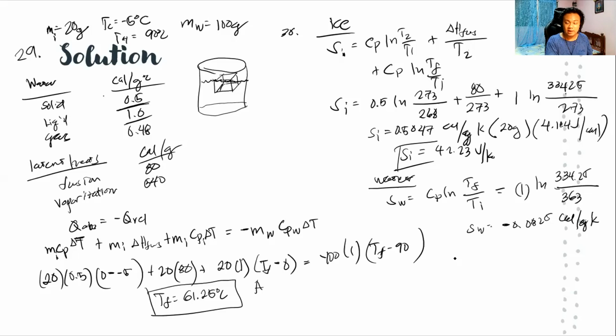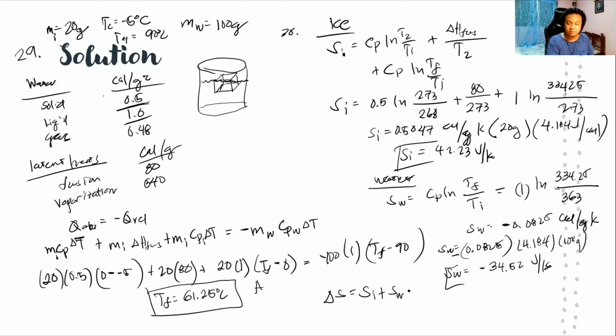Let's transform that to joules per kilogram, multiplying it by the mass of the water. So 0.0825, which is negative, times 4.184 times 100 grams. You have S_W is equal to negative 34.52 joules per Kelvin. Okay, so to get the overall change of the system, we have delta S equal to